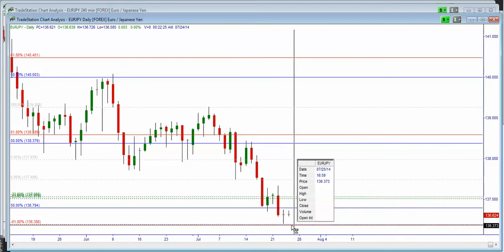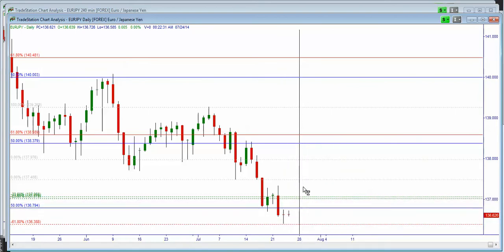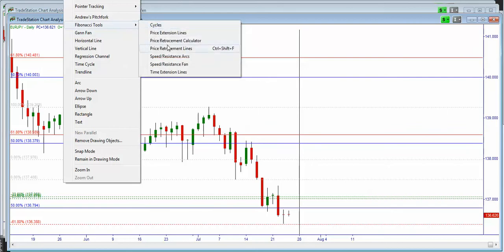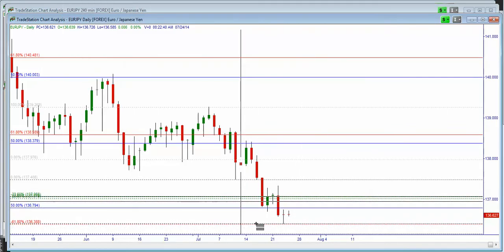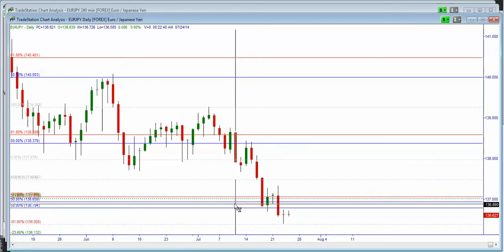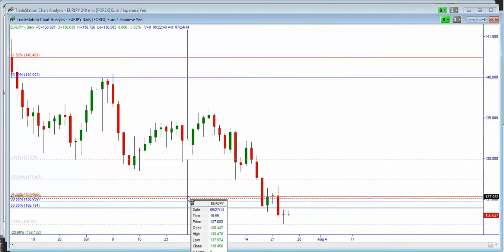As you can see in the second target, 136.38, there was some profit taken. So now, how do we confirm support? The first confirmation of support is coming from price actually breaking above this level here. I'll remove for one moment. This is the 137.0708. So price breaking above the level would